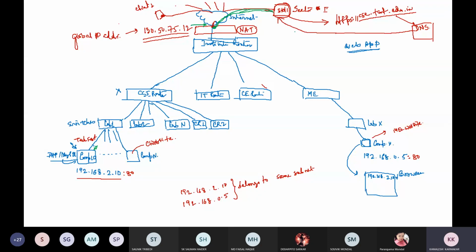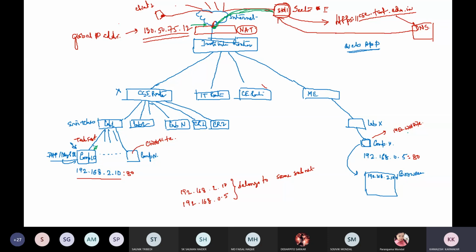Okay. So what if multiple services are running in our lab? As we have shown here, in one server in the computer science department our computer science website is running, that is https://csc.tint.edu.in. In the mechanical engineering department, another application is running, that is me.tint.edu.in. So instead of hosting it globally or on a third-party server like GoDaddy or some other service provider, we can launch it in our own infrastructure. If we launch it within our infrastructure, then they will communicate in this way.